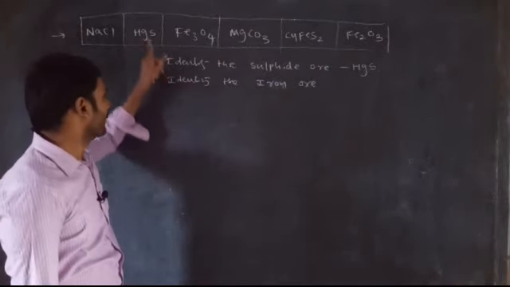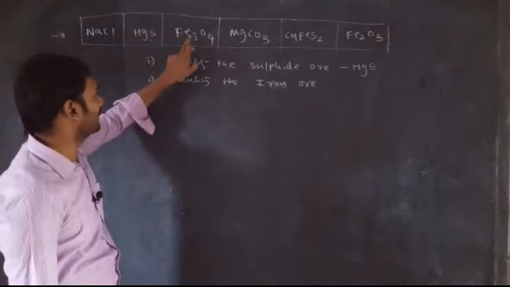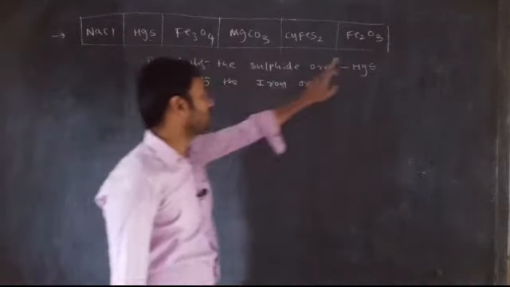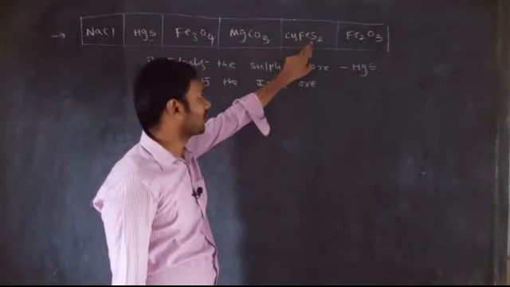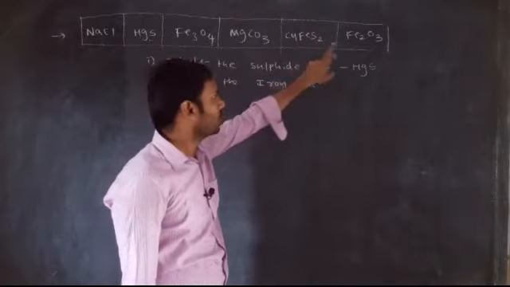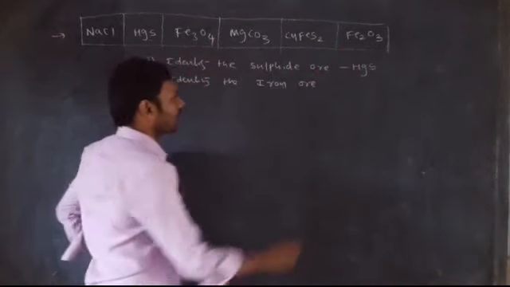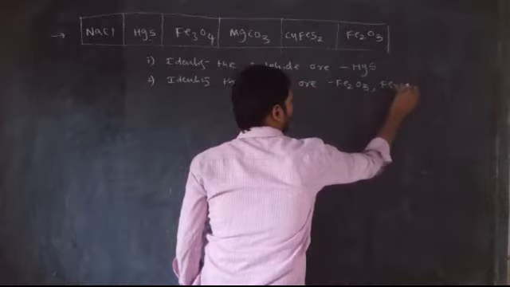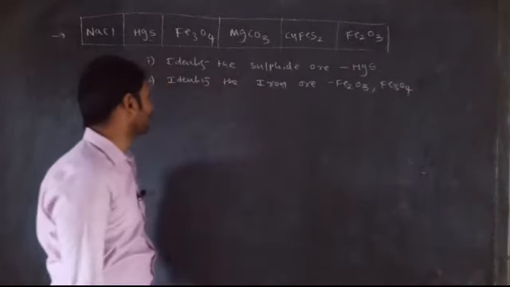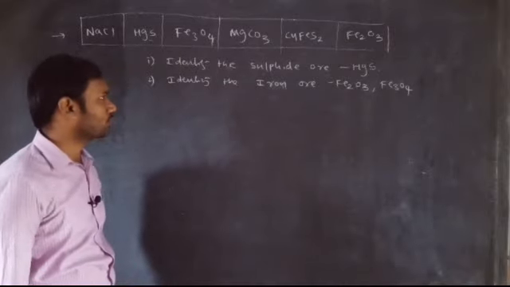So identifying the sulfide ore, which option is coming? Second option is coming. Next one, identify the iron ore. So how many irons are present here? This is iron ore Fe3O4 and Fe2O3 is also iron ore. And we already discussed, this is not an iron ore, this is not a sulfide ore, this is the copper ore. So how many iron ores are present here? 2 iron ores are present. One is Fe2O3, one is Fe3O4. So 2 options are coming, Fe2O3 and Fe3O4. These are the 2 answers when identifying the iron ore from this table, right? This is one of the 2 marks questions.